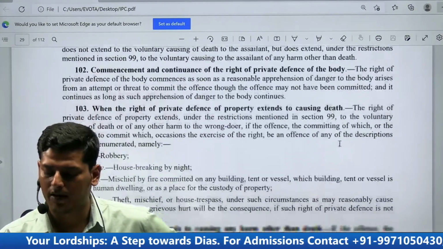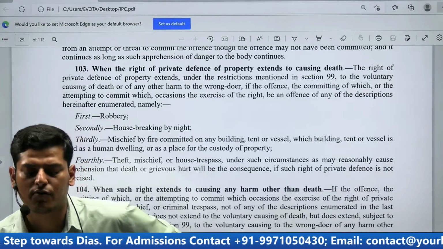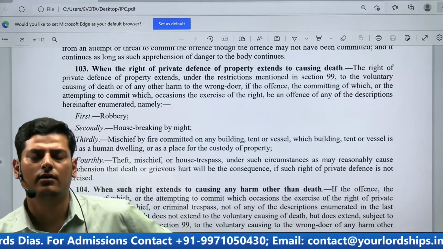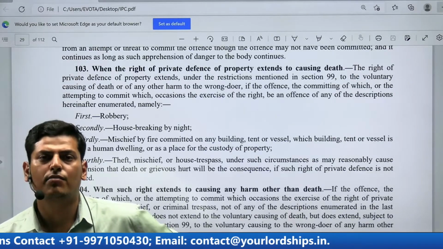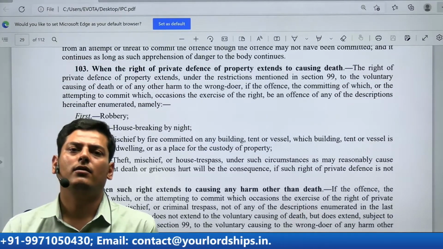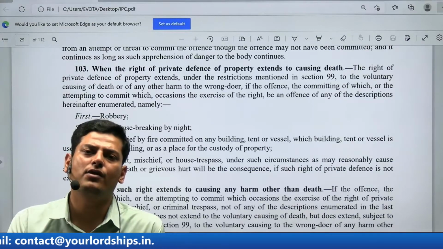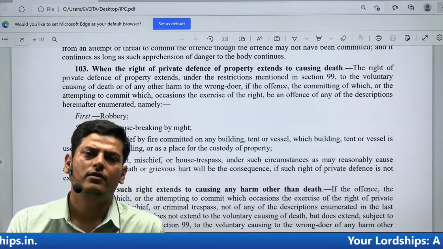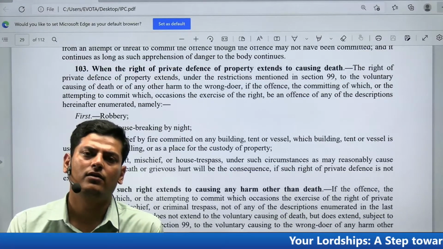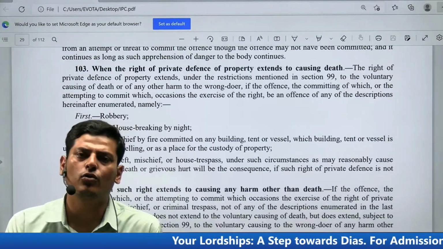Then we have right to private defense of the property. Right to private defense of property extends to the causing of death given under section 103. इसमें पहले आपको जो राइट टू प्राइवेट डिफेंस ऑफ प्रॉपर्टी है वो जनरली एक्सटेंड करता है 4 ऑफेंसेस के अगेंस्ट: थेफ्ट, रॉबरी, मिसचीफ एंड क्रिमिनल ट्रेसपास. इसी के जो एग्रेवेटेड फॉर्म्स हैं, रॉबरी तो दोनों में है,